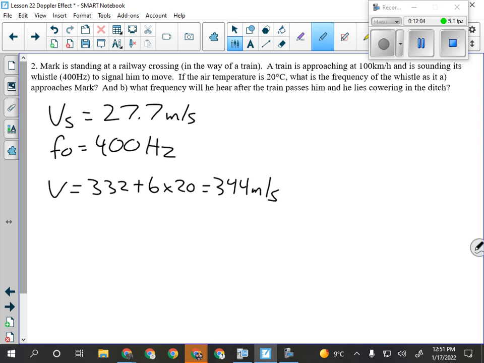Okay, so now I've got V, I've got VS, I've got FO. I'm just looking for F, which means I don't even have to manipulate the formula. I just have to plug in my numbers and understand that the train is approaching him. It would do no good for the train to warn him after it passes,